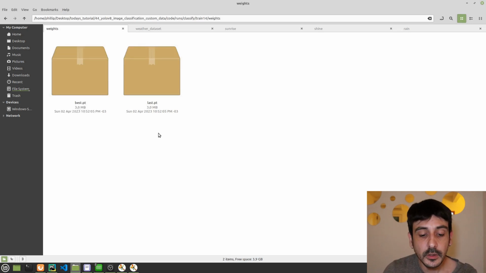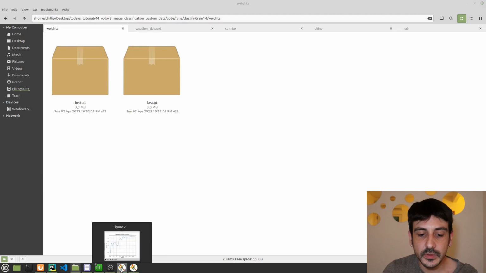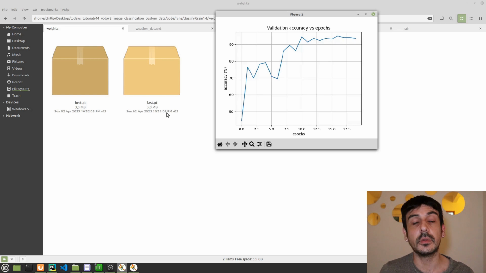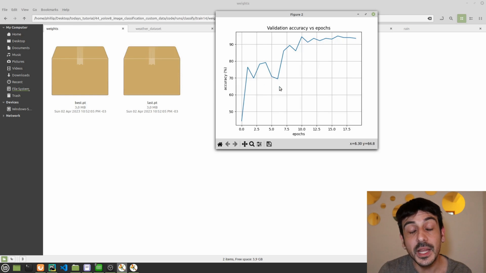And if you ask me, what I usually do is take the model which was produced at the end of the training process. I usually take the last.pt file, because I consider that this is a model we have produced at the end of the training process. In this model, we are summarizing much more information, because we are considering much more data. In all this training process, many things are going on.